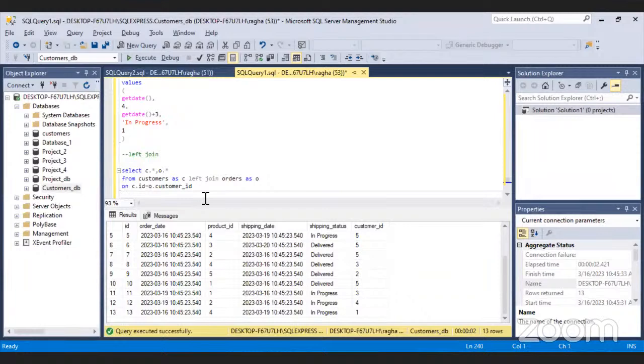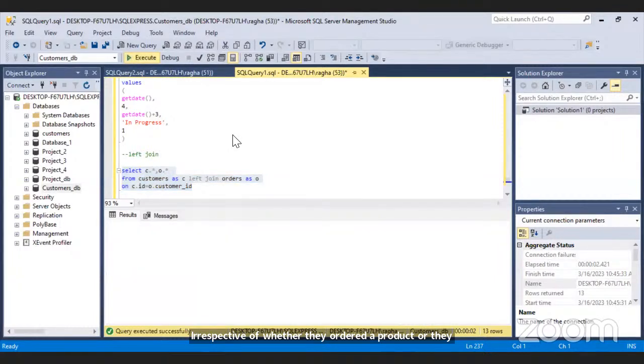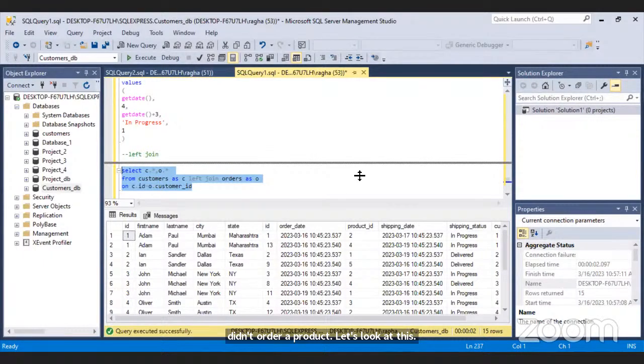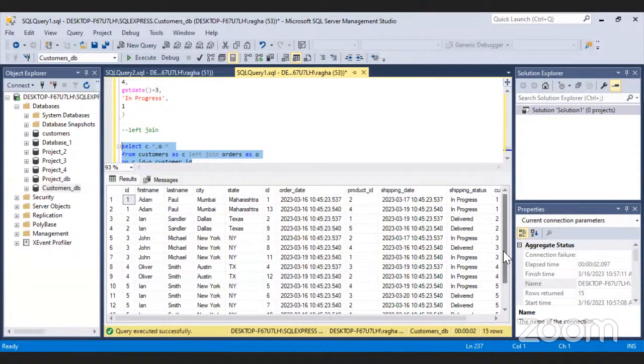Okay, so here what we are getting is all the customers' data, irrespective of whether they ordered a product or didn't order a product. Let's look at this. Basically, we have all the customers' data, who ordered or didn't order a product.